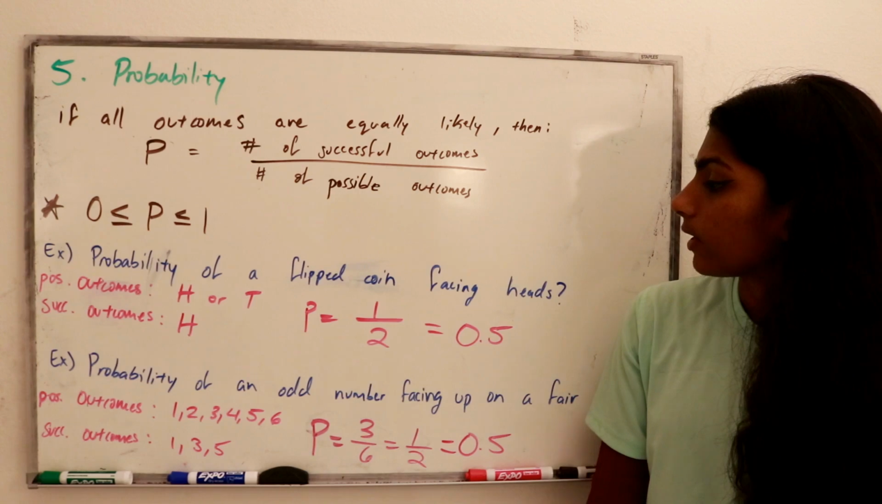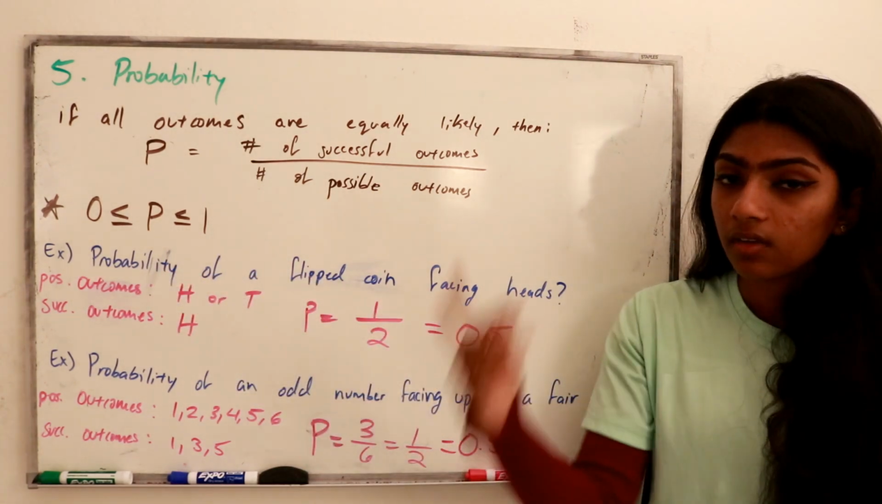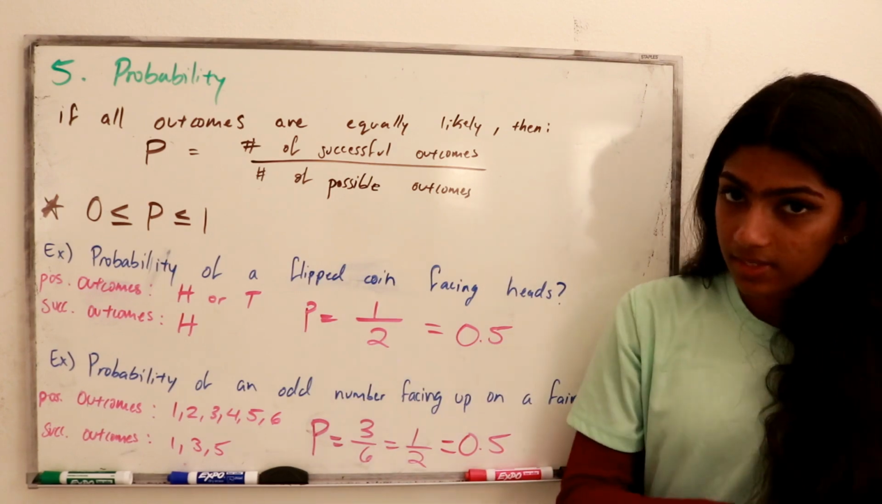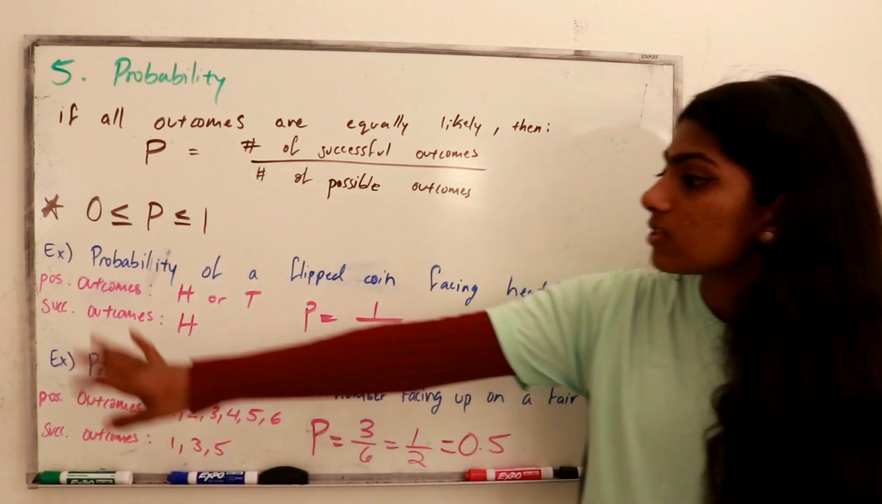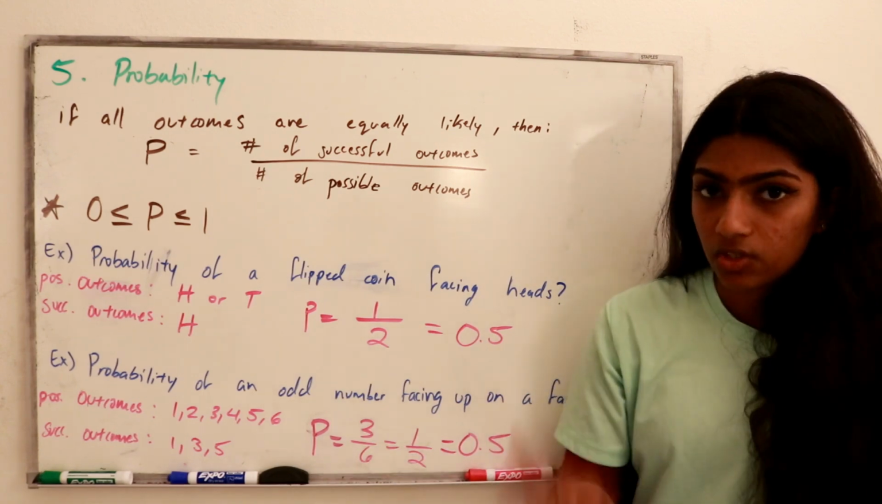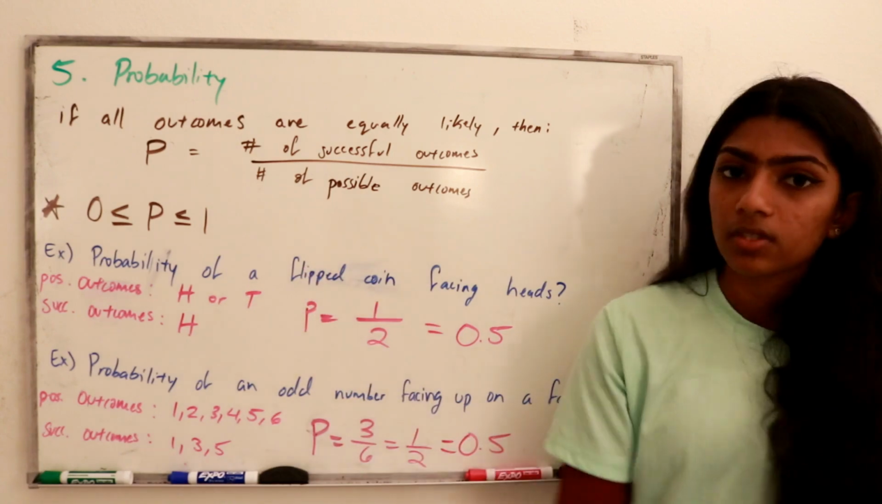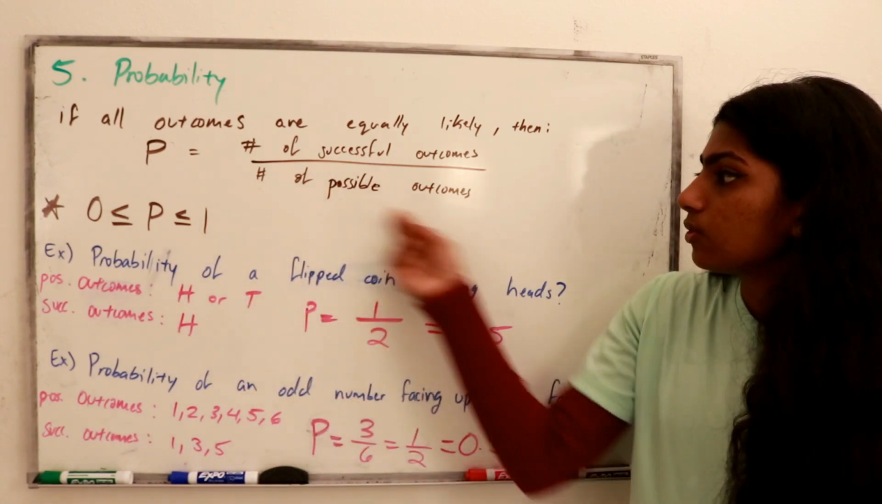Probability of a flipped coin. So what is the probability of a flipped coin facing heads? So if we flip a coin, what's the probability that it's going to be heads? So, first I want to look at the possible outcomes that can happen. Well, it's a coin, so it only has 2 faces. You can either face heads or tails. So you have 2 outcomes that are possible, which means we'll put 2 on the